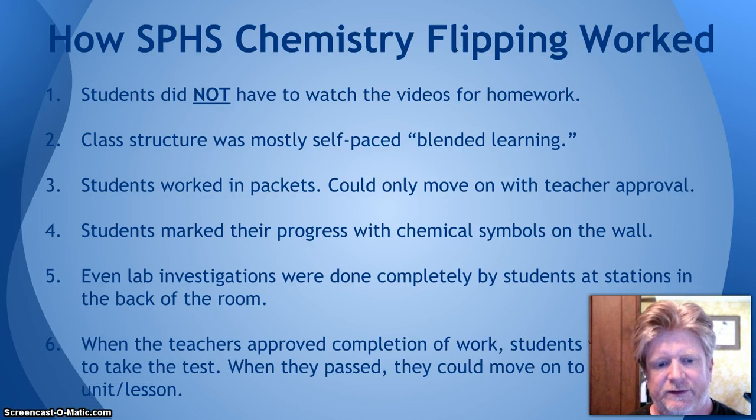When the teacher approved completion of the work, the students were allowed to take the unit test. So they'd gotten through everything in that unit or that lesson. They'd answered the questions. They'd done the lab investigation. They may have had to write an essay or something. It just depended on what was going on in that unit. They may have had to solve some problems. But once they had completed everything in the packet and the teacher had asked them questions to check for their understanding at each different stopping point in the unit, then they were allowed to take the test. Mr. Veve's tests were online,